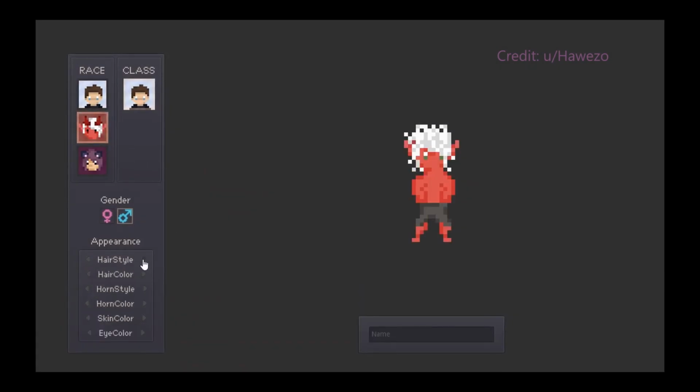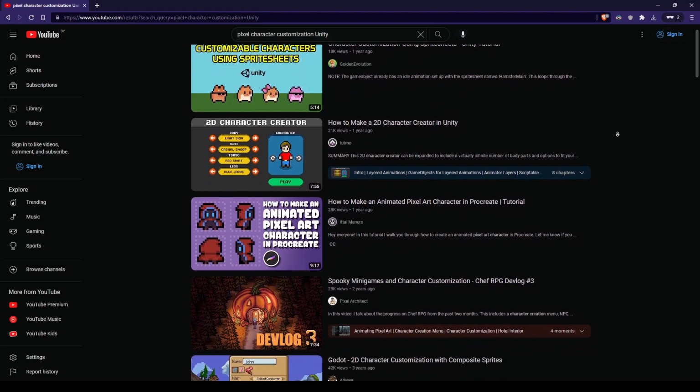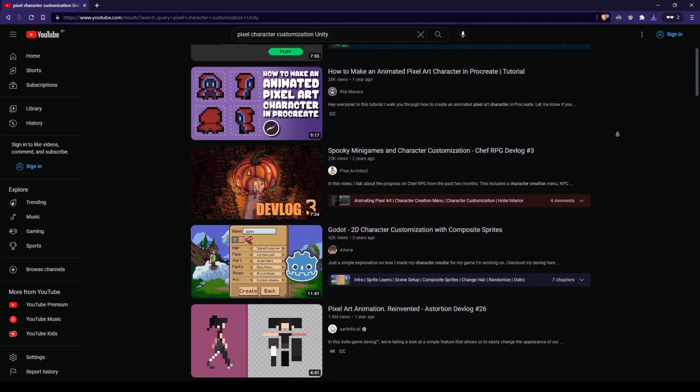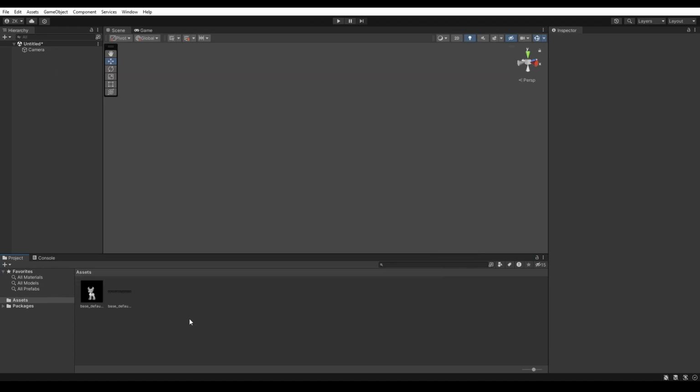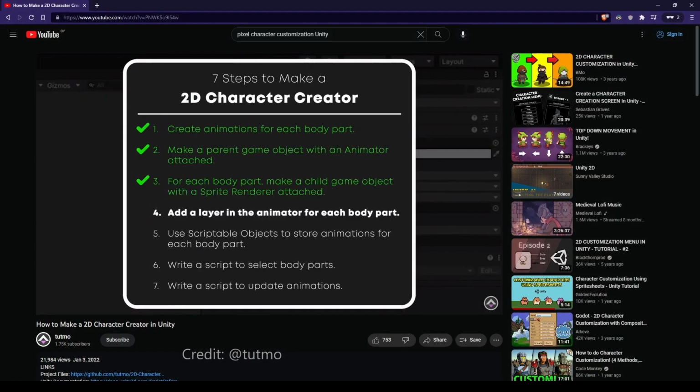Have you ever thought about creating customizable entities for your Pixel Unity game? There are dozens of learning resources available on the internet showing how to implement that. They usually describe the process of importing sprites, slicing them, naming them, and creating and sorting animations using Unity's built-in